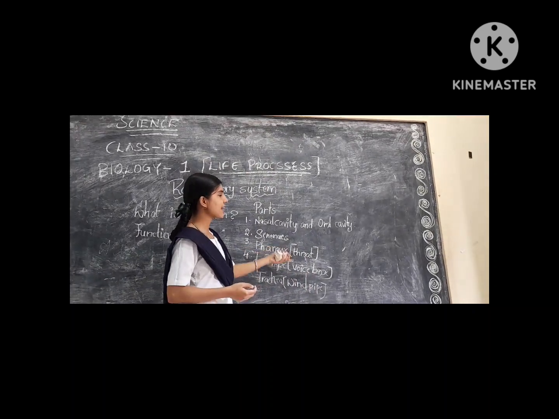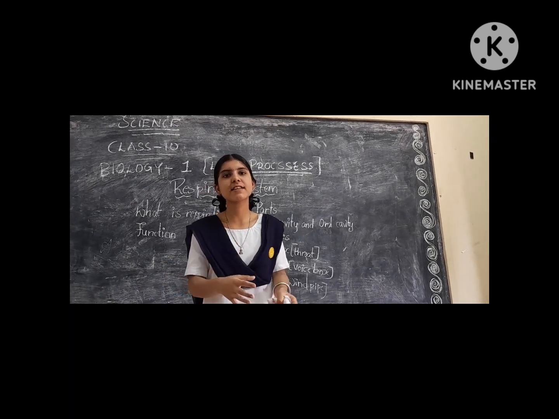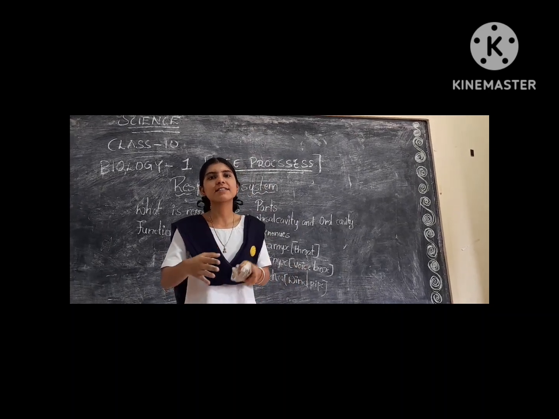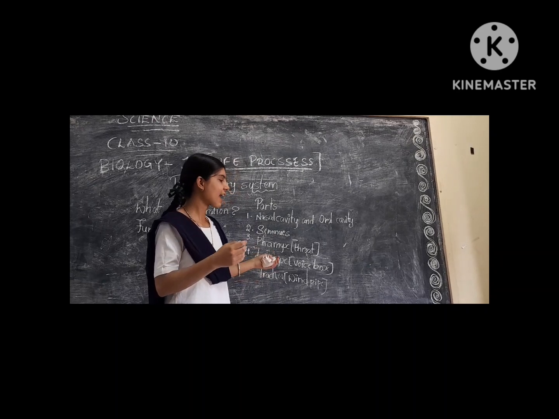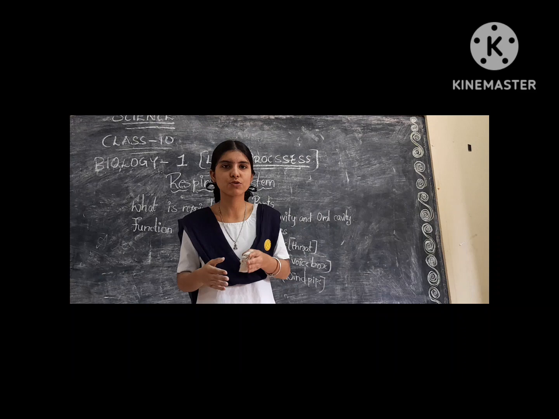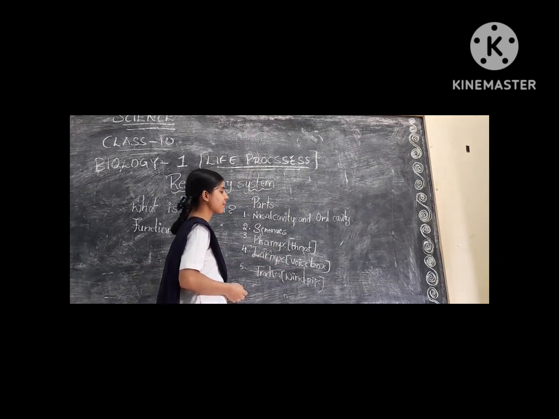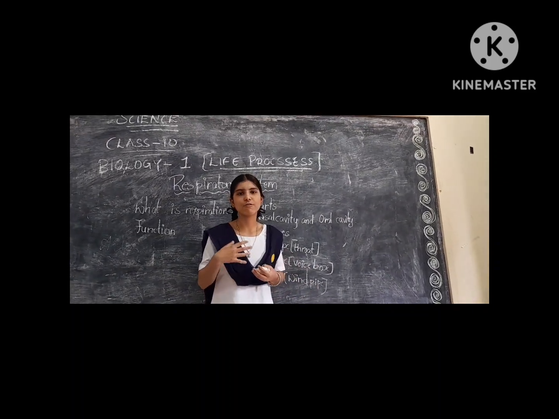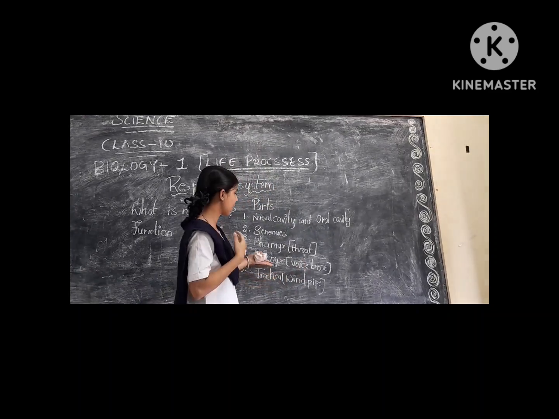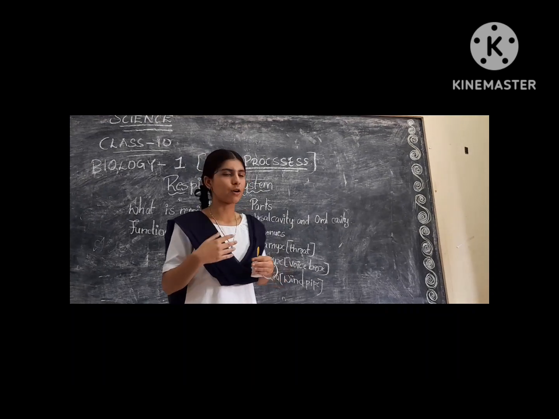Next, pharynx. Pharynx is nothing but the throat. When we talk, we take the help of the pharynx. The pharynx is the delivery tube that transports the oxygen from the nasal cavity to the trachea. Trachea is nothing but the windpipe, and the pharynx is a common passage for food and air. Next, larynx. Larynx is nothing but the voice box. While talking, we take help of the larynx. The larynx helps us to make sounds and to talk when the air moves in and out.